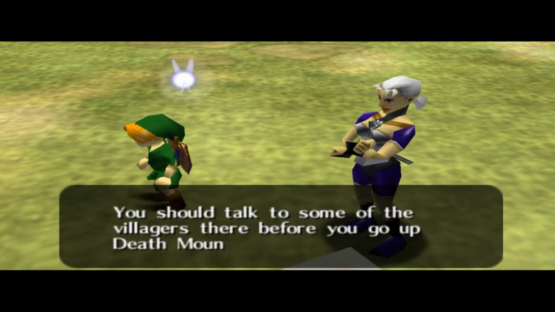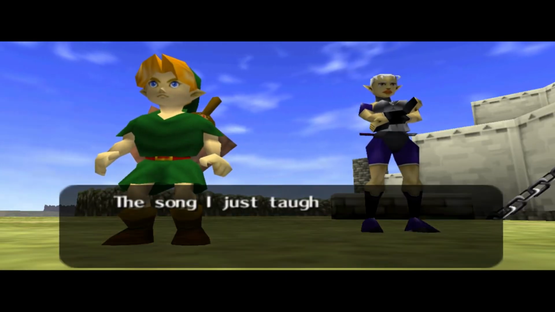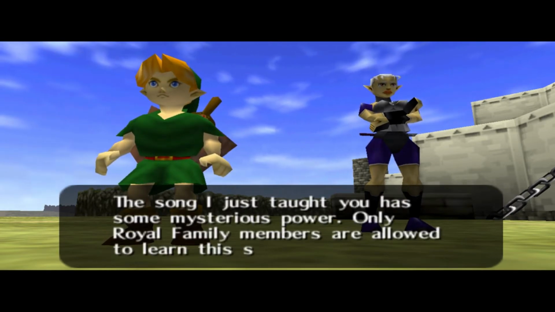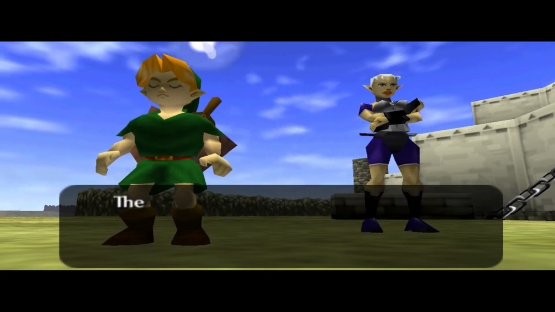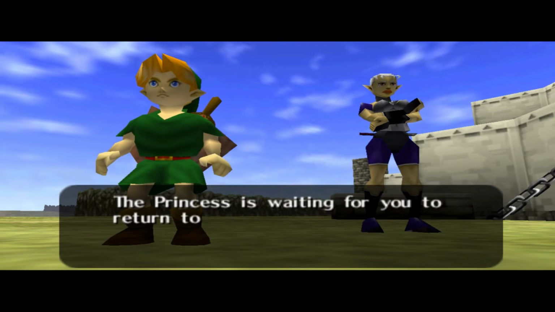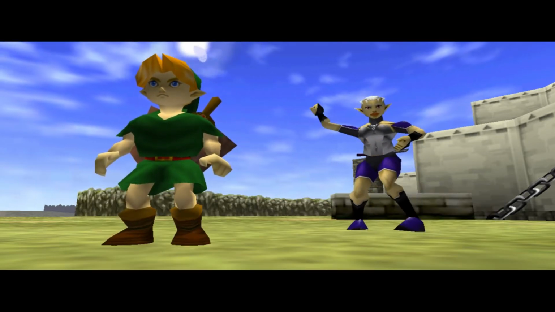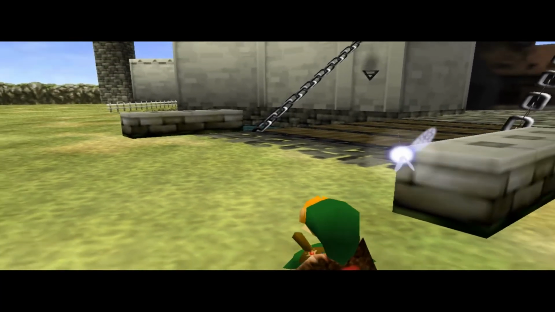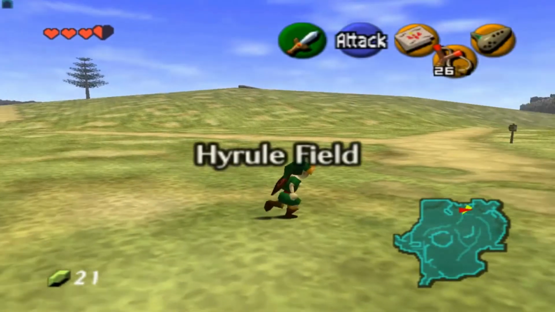But because you're so close to either the Kakariko Village or Lon Lon Ranch, why not go to Lon Lon Ranch? And also, you can get a song that when you're an adult will summon Epona, which is a horse that you can acquire when you're an adult. Which you will need to get in order to get access to another area. But we're going to go ahead